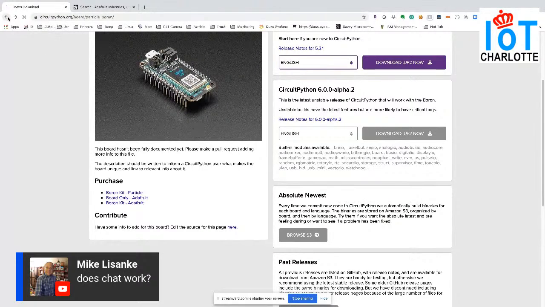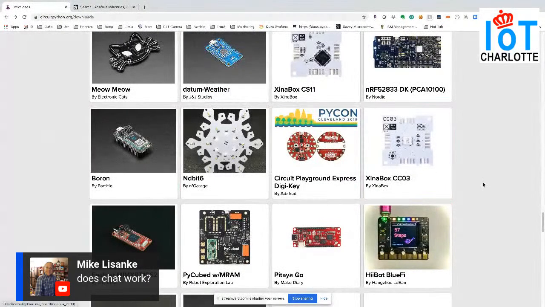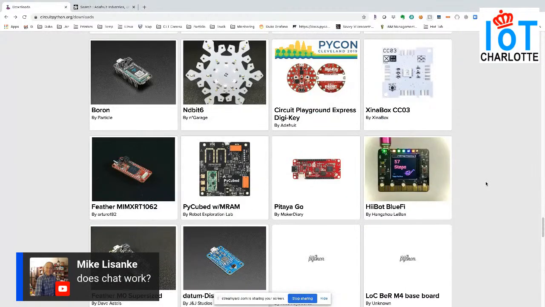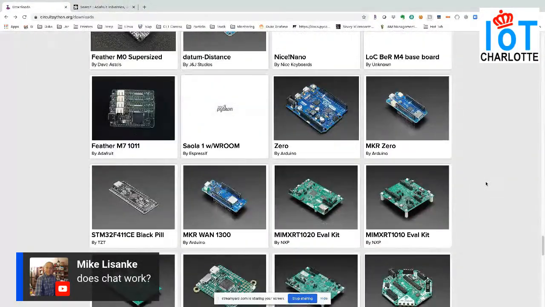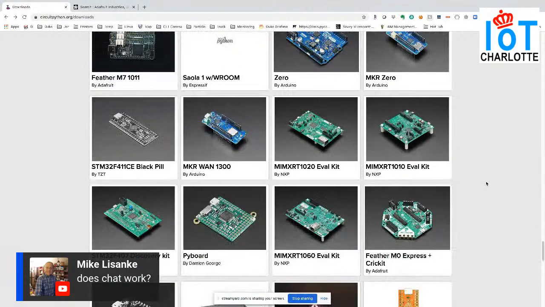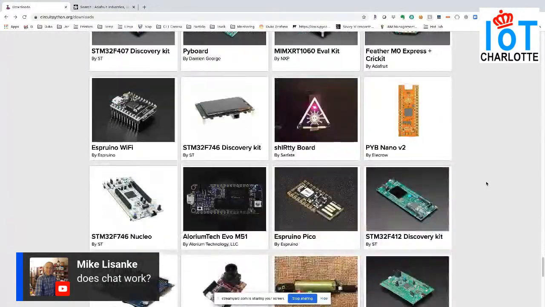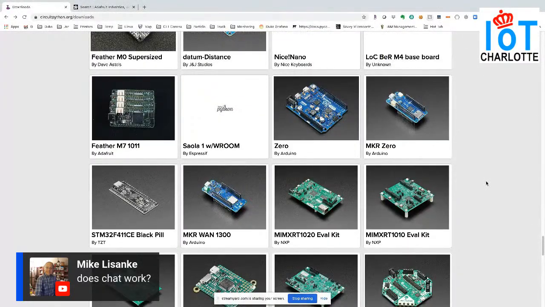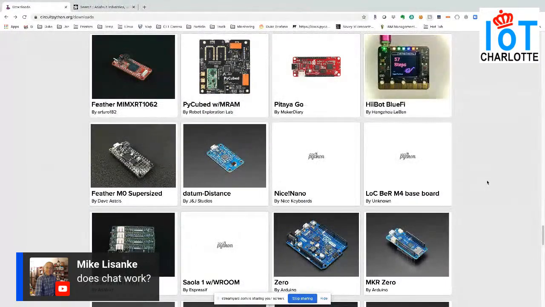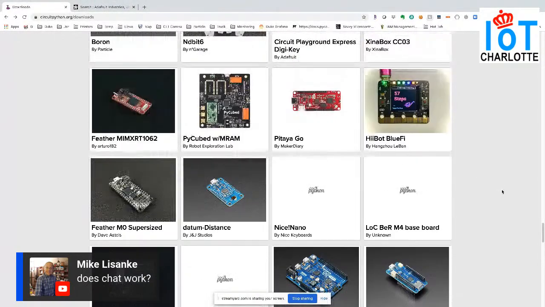That would be interesting. There is, by the way, unfortunately, no one has really come up with a good way of doing over-the-air updates for these. And so that's one of the things that will be interesting to see how they conquer that moving forward.